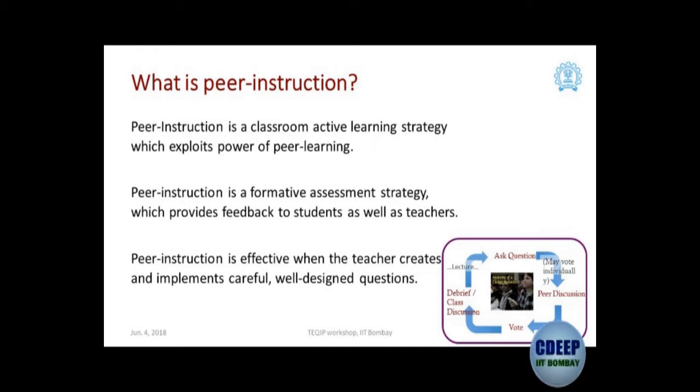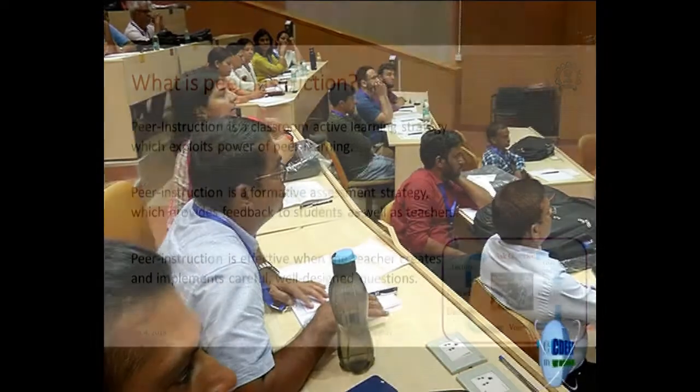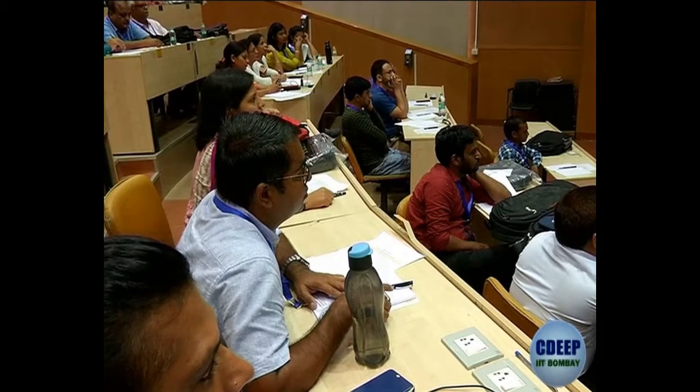So how does this provide feedback to teachers? And to students, okay, they get to know about their reasoning, they get to know what's right and wrong. But why does this provide feedback to teachers? Especially if there is a gross problem, like if 50% of the students have not answered yellow, and let's say yellow is the right choice, as you saw there. Or in the example we did, if most of the class is answering choice 4 and 3 is the right choice, the teacher knows that, oops, there's a problem.